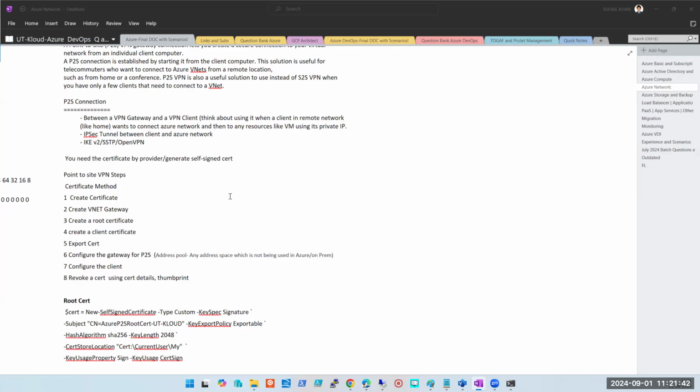Even when an interviewer says it, it should come to your mind automatically, in the back of your mind: okay, VNet gateway needed, meaning a VNet in which at least two subnets can be created. One is the basic default subnet where I'll be creating my computers, etc., and one gateway subnet. Why do we require a gateway subnet? To host the virtual network gateway, right? Then we require a certificate, a root certificate and a client certificate, right? We'll have to export that certificate.